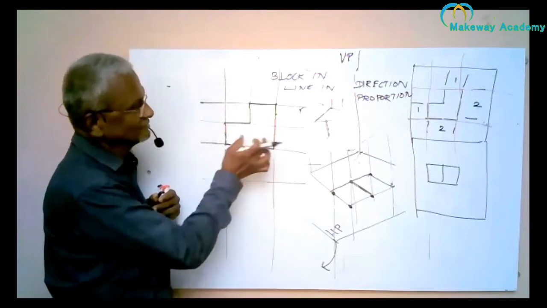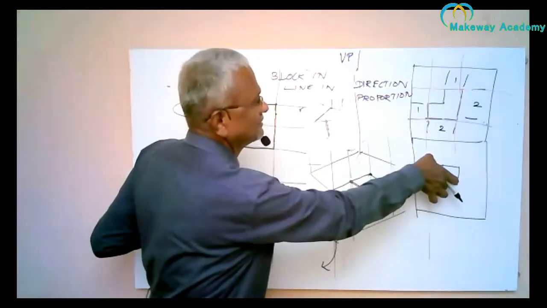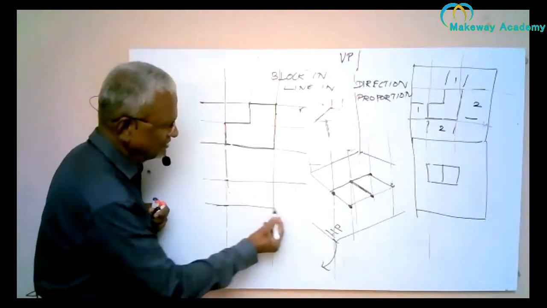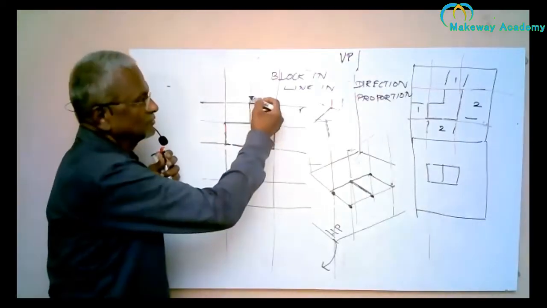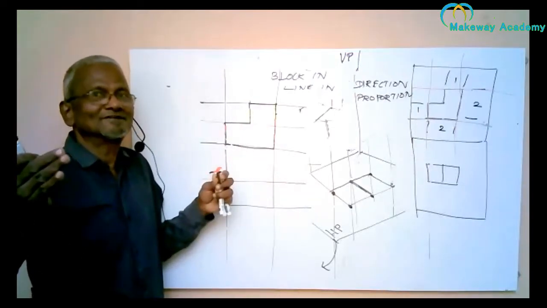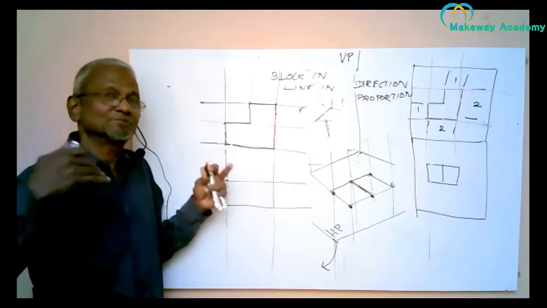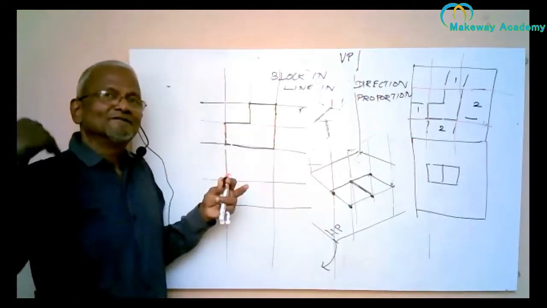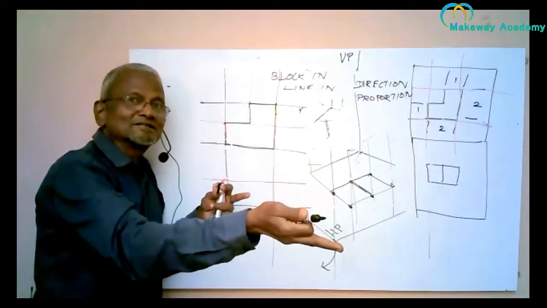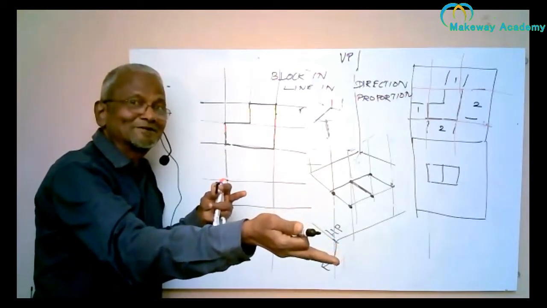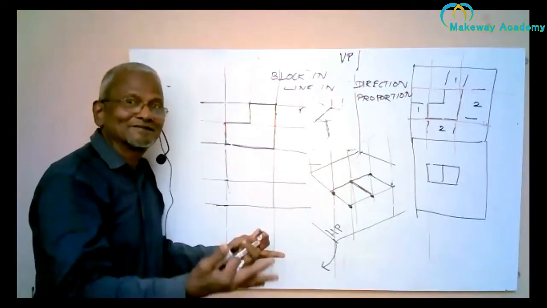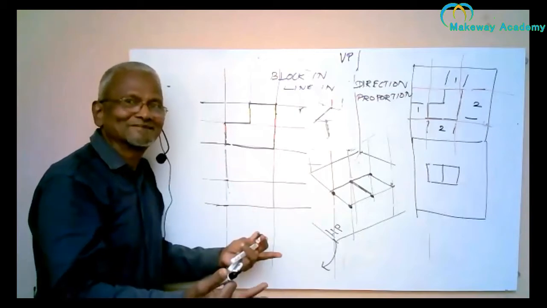And then 1 unit. This is 1 unit. Draw a horizontal line. And then project. I am again using that word project. That's a very important word in orthographic projection. The object is projected onto the plane. We draw lines from the object to the plane. The lines are called projectors. The projectors are perpendicular to the plane. The figure which is obtained on the horizontal plane is called the horizontal projection, the orthographic projection.